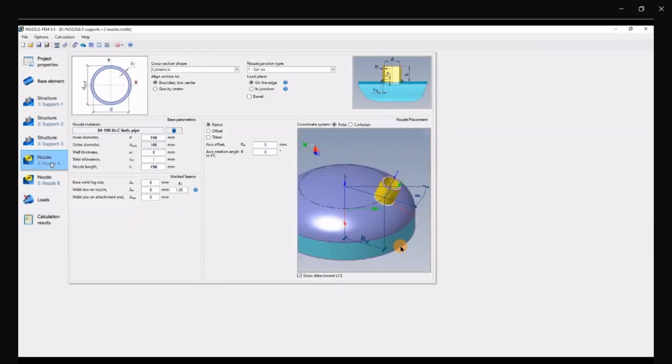The first is the central nozzle, cylindrical shape without additional reinforcement,